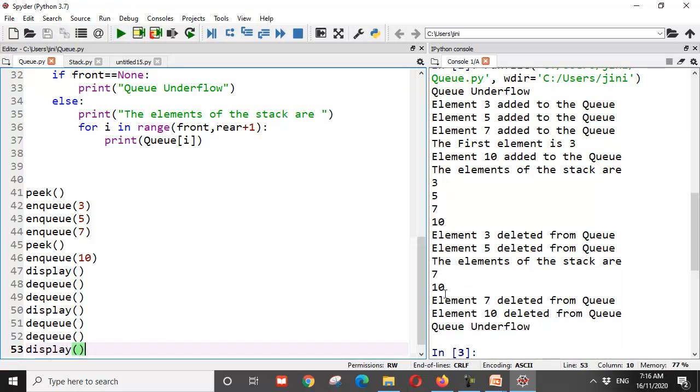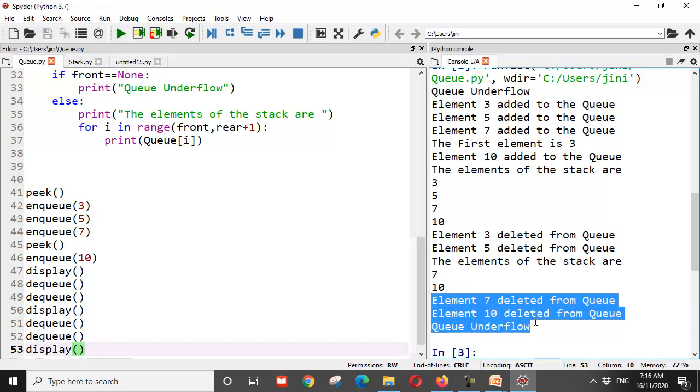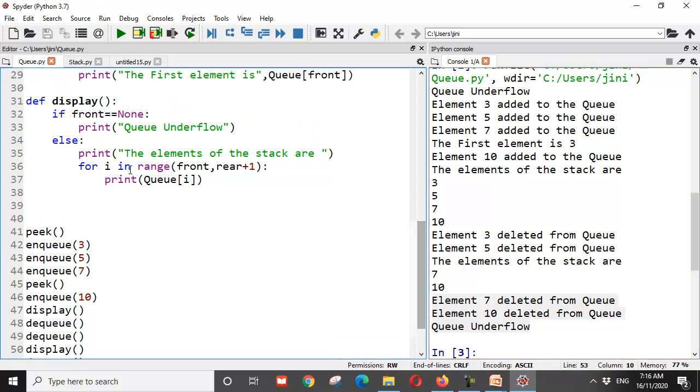I'm not going to the top part of it. You've already seen it says again 7 deleted, 10 deleted, and now it says queue underflow. Why? Because they've come back to the state of None, and we have written in the display that if front is None, it is underflow. Is that clear? So I hope the simulation of a queue is also clear to you.